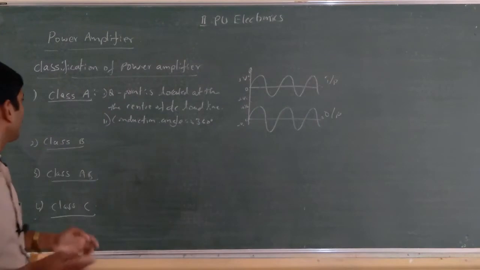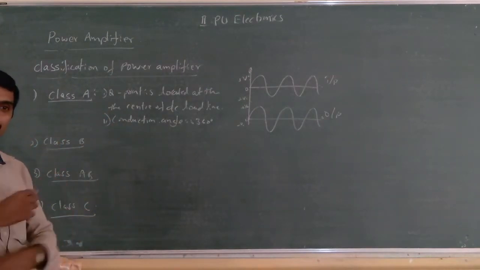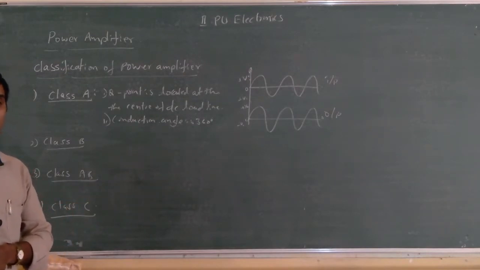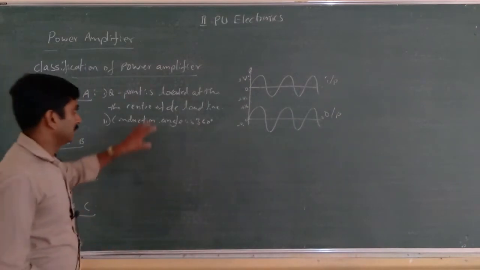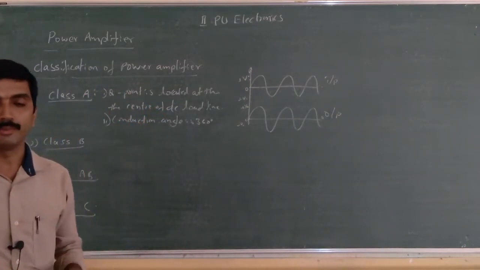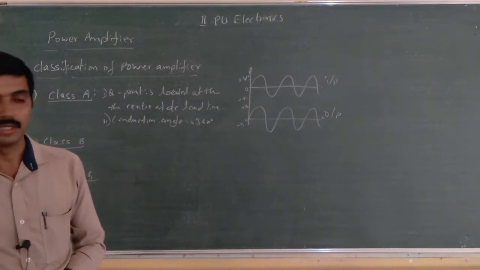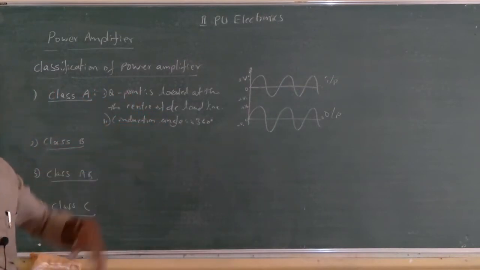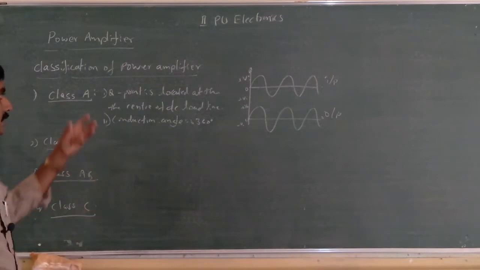Therefore, the efficiency of the class A amplifier is very, very poor. It conducts for every cycle. It utilizes much DC power and delivers low power to the load. So in the class A amplifier, power efficiency is very, very poor, about 20 to 30%, it does not go higher. You can't achieve the highest power gain in class A amplifier because the Q point is located at the center of the DC load. Next, class B.